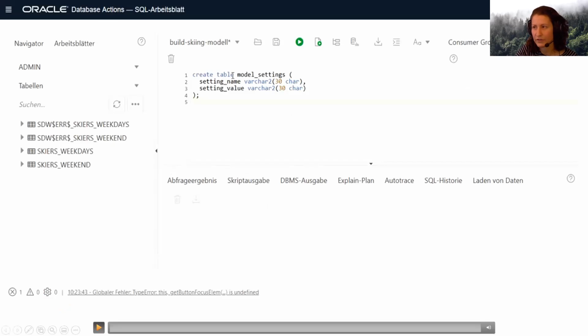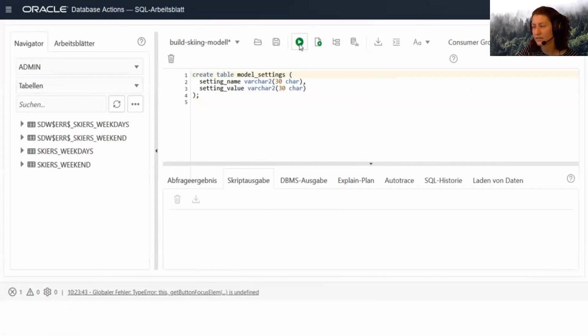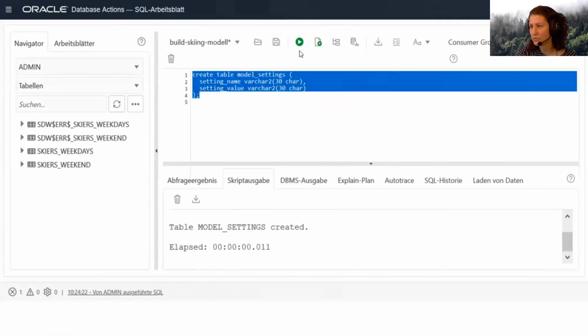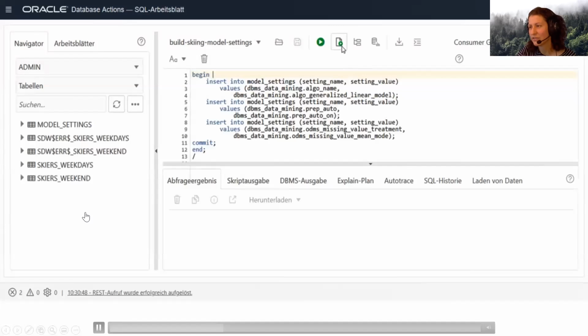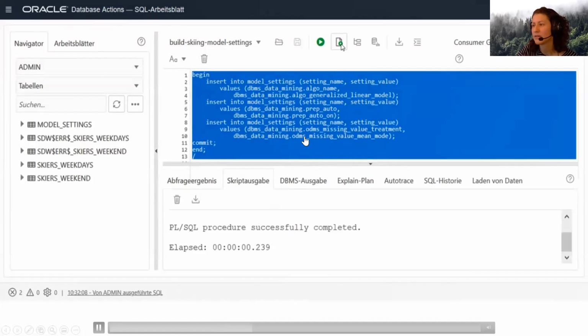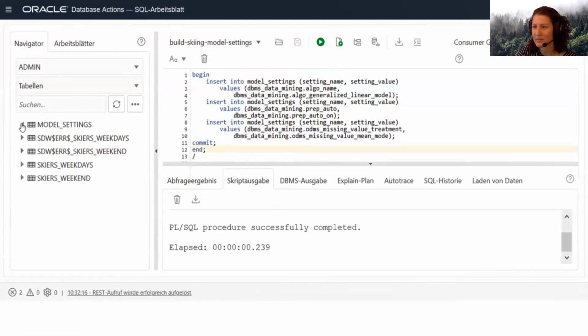Now, let's have a look how this goes in the database. We create the model settings table with setting name and setting value. And once this is created, we can insert the model settings: algorithm name, prep auto on, and missing value treatment. And if we then have the table over there,